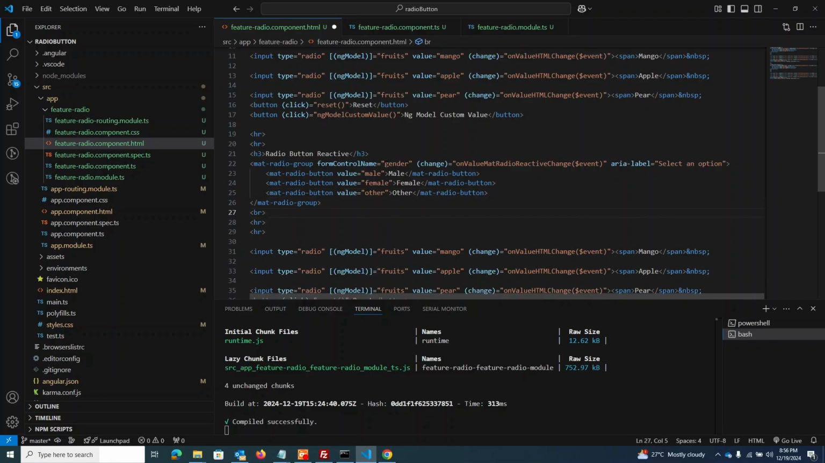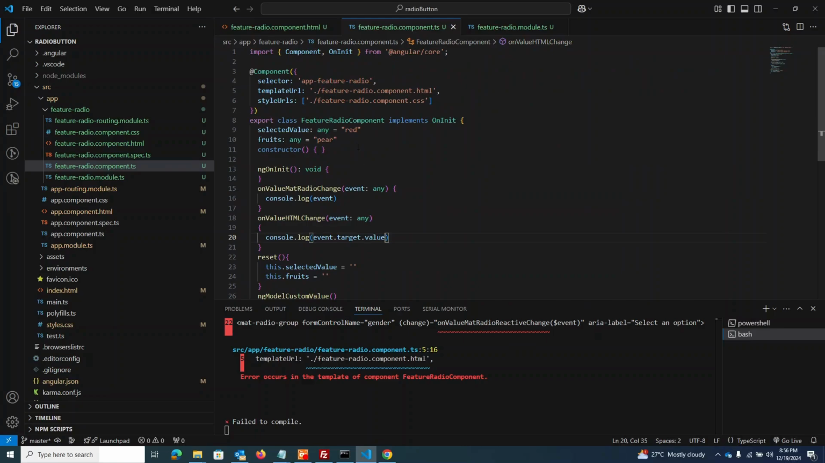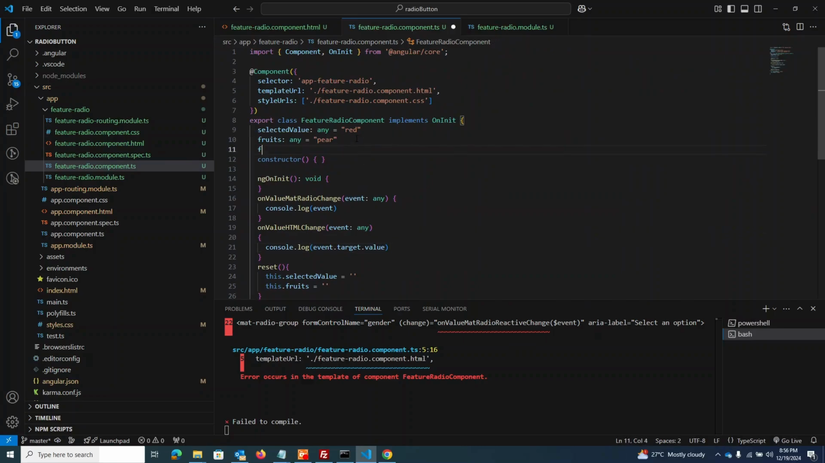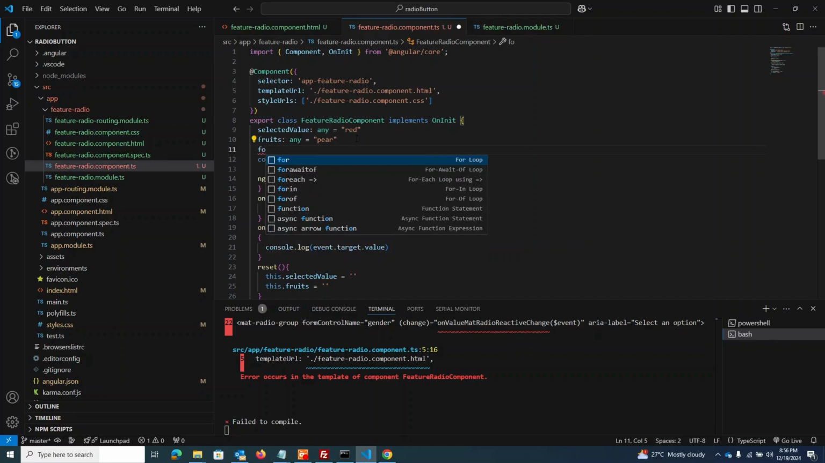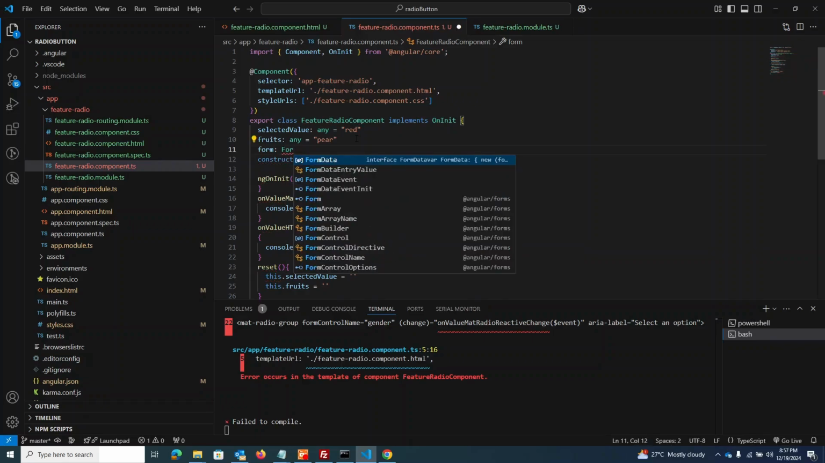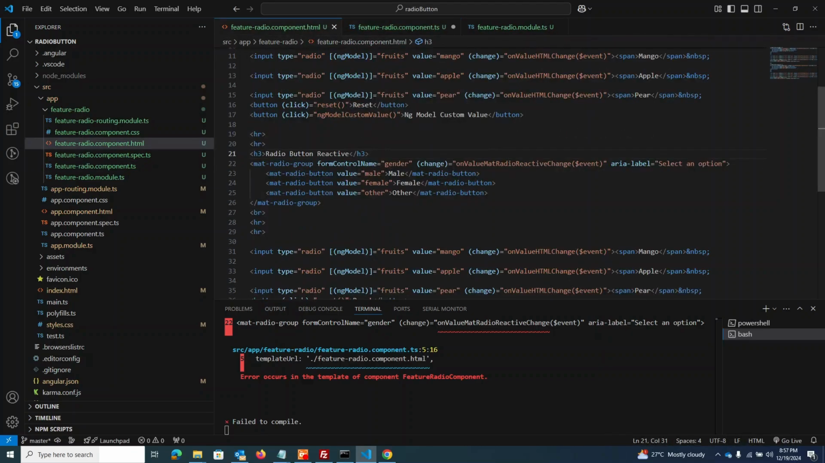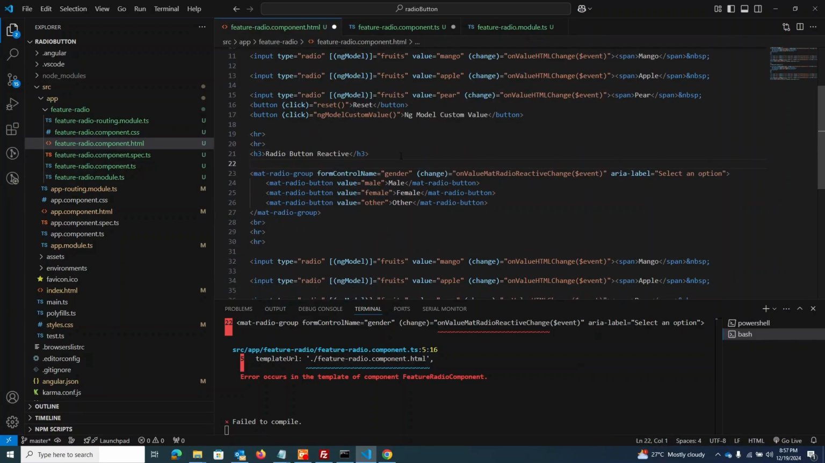Okay, then I will create a form group. But before that, we need to declare that form group here also. So I'll create a form. So I don't want to initialize, so I'll give it not. Then what I do is I go create a form tag,